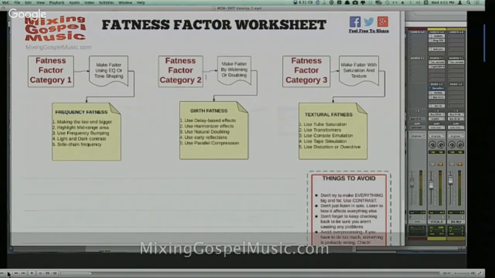Okay, number 2 is making things fatter by widening or doubling them, and that's girth fatness. Using delays and harmonizers, doubling, things like that. These are things that you add on and they become in addition to what's already there. And the third category is making things fatter with like saturation and texturizing type things. Textural fatness can be tubes and tape stuff and consoles and things like that, distortion and overdrive. So there's a lot of different ways of achieving it, and we're going to check out using combinations of all